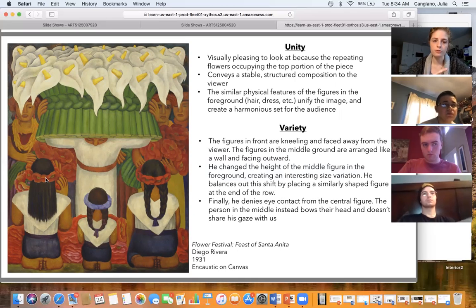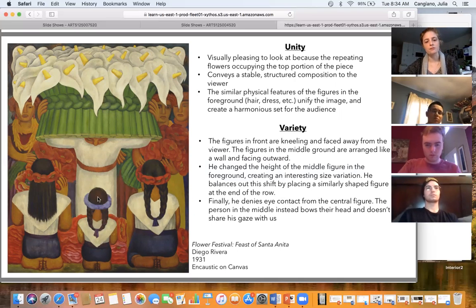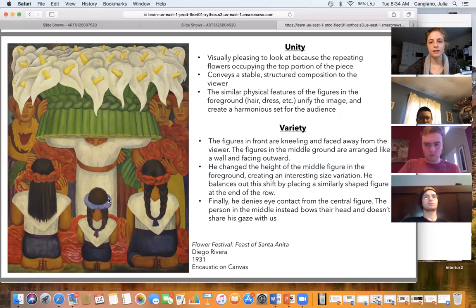So a little bit of variety there makes it more interesting because you have that interaction between the figures. And he also changed the height, as I mentioned, of this middle figure. Even though they're set and they read as such, this little one in the middle creates some instability and a little bit of change that makes it interesting.